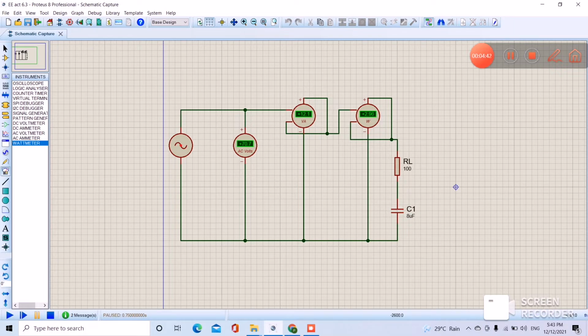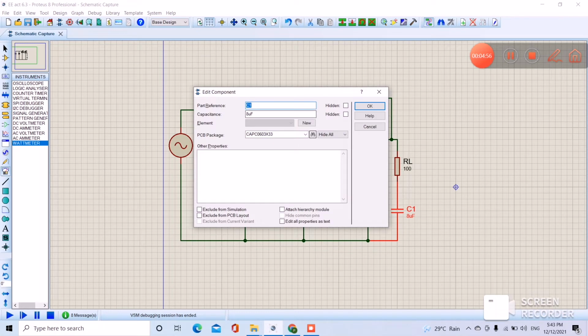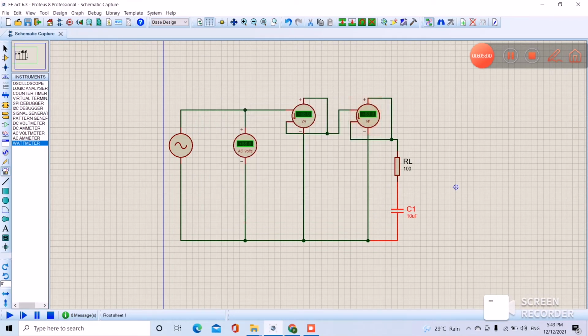Now the apparent power and real power are 12.1 volt-amperes and 2.96. They are increasing. Now for 10 microfarad, the last one, I simulate and pause. So now the VA is 14.9 and the real power is 4.45